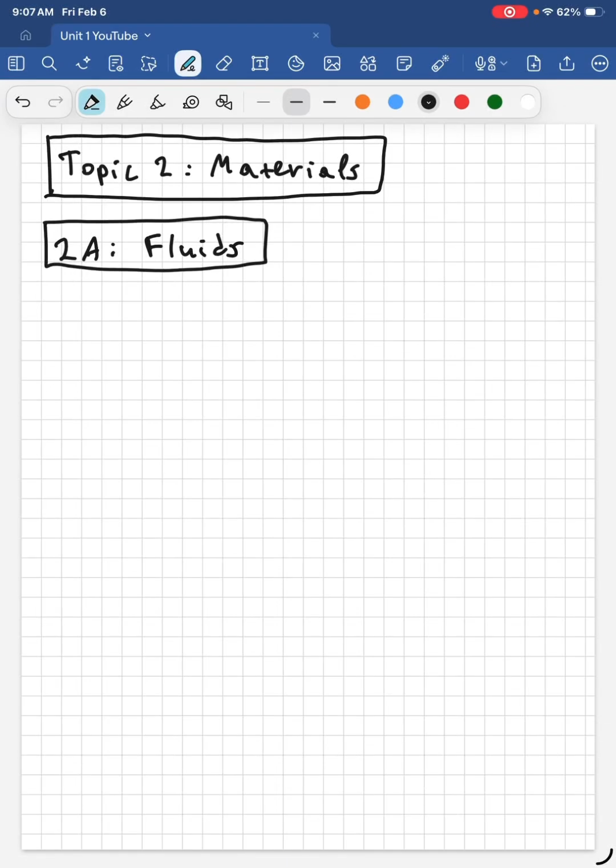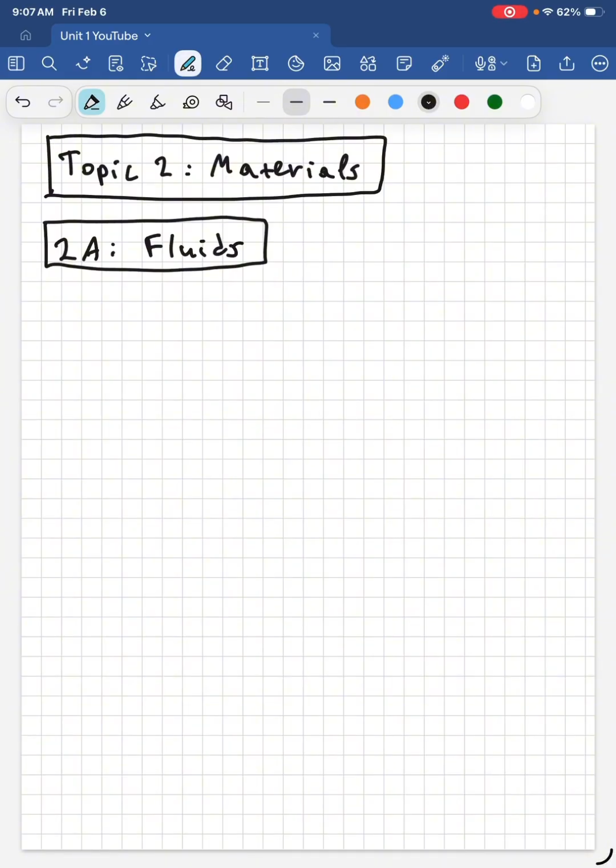Hello all, I'm back with another Unit 1 lesson, and this one is on topic 2 called materials, and specifically 2a is fluids and then 2b is solid materials, which I will cover in another video. In this video I will try to go over fluids. If it gets too long, I will maybe break it into 2 videos, but anyway, let's get started by defining